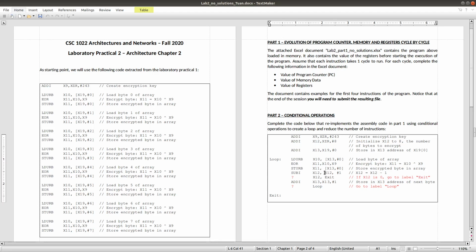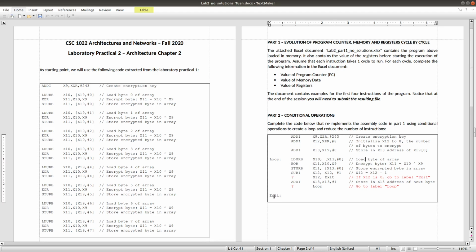It means that the current value in x12 will be reduced by 1 and then stored back to x12. And here, for the question mark, you need to write some instruction so that you can make a comparison whether x12 gets to 0 or not. If it gets to 0, it means we finish our work inside this loop.